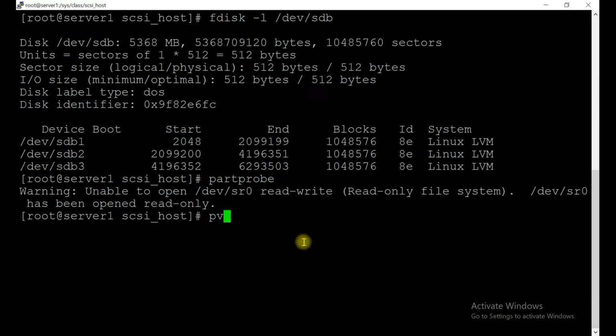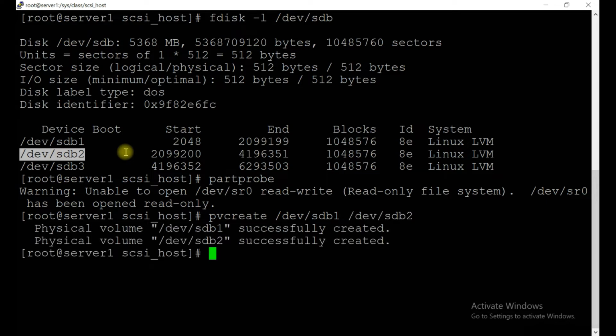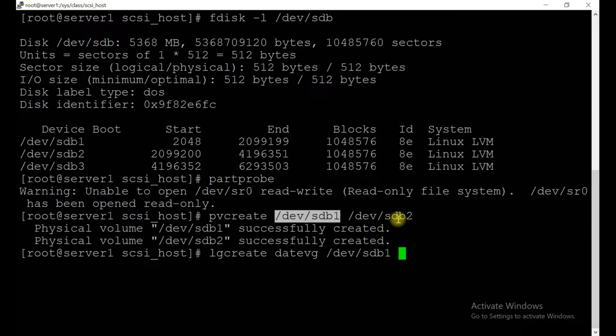So here create a PV, pvcreate and mention partition 1, partition 2, successfully created. After this we will create the VG. Create the name of a VG, let's say data_vg, and the names of the devices, sdb1, sdb2.